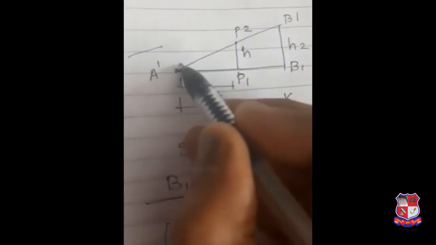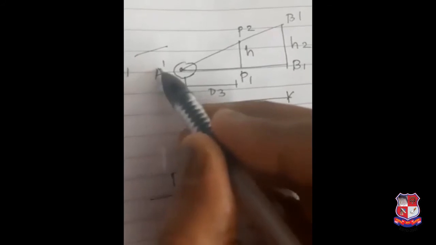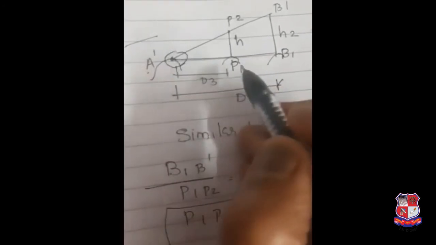Now what distance we have to find out? The distance we have to find out is this distance. This one is P, this point is P1, and this one is P2. We are taking that as a triangle. So I have taken the points. A is one, A dash is the height of this one. Another point is coming here, another point here. So A dash, P1, B1, P2, B2. This is equating the sides of a triangle.